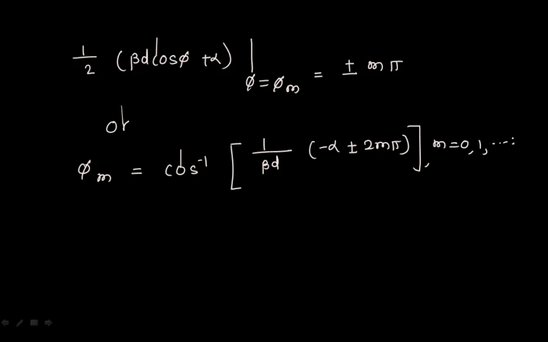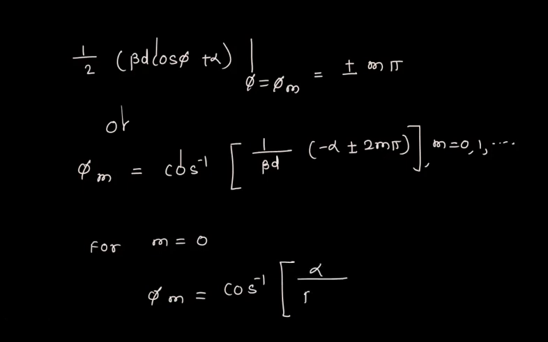Okay, so you have already calculated the array factor, so you can say that only one maxima occurs when m is equal to 0. For other values of m, the denominator of AF is not equal to 0. So for m is equal to 0 you can write phi m is equal to cos inverse of, you put here 0, so all these equations will become like this. Okay, so this is the observation angle that makes psi equal to 0. So this is the direction of the maxima for the major lobe.